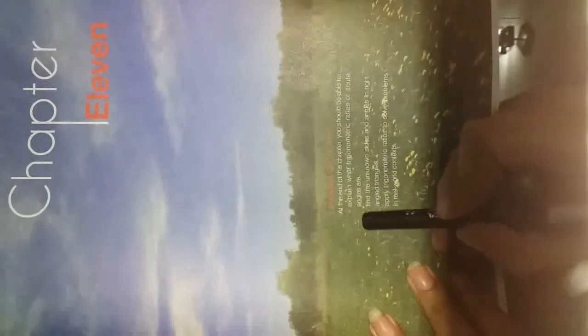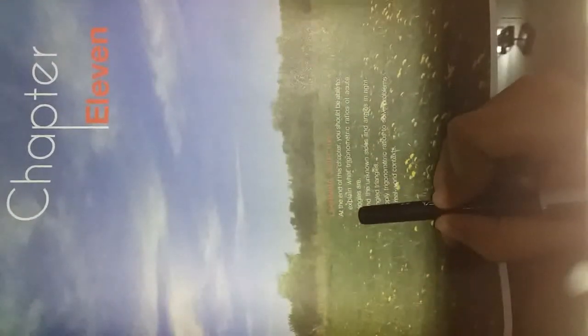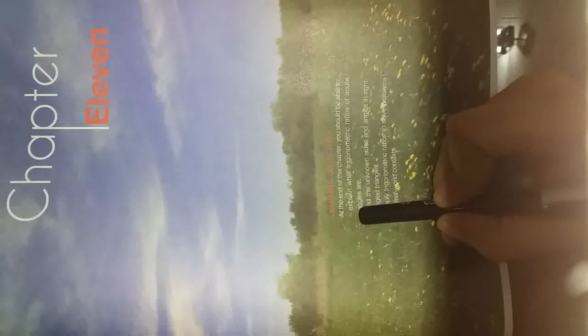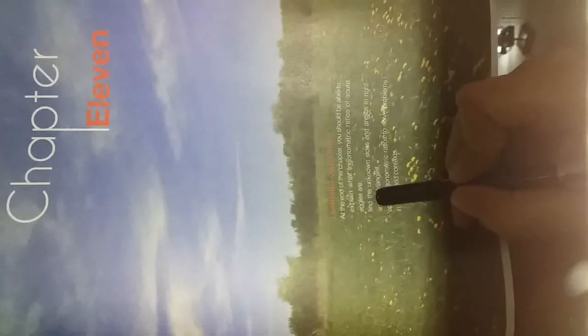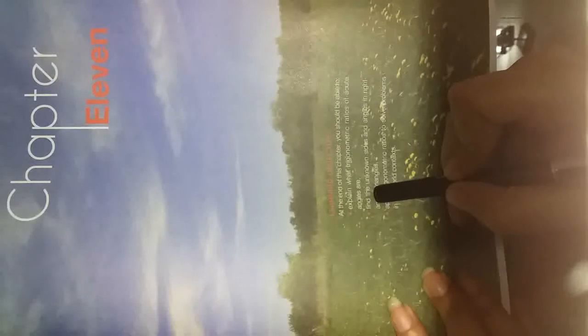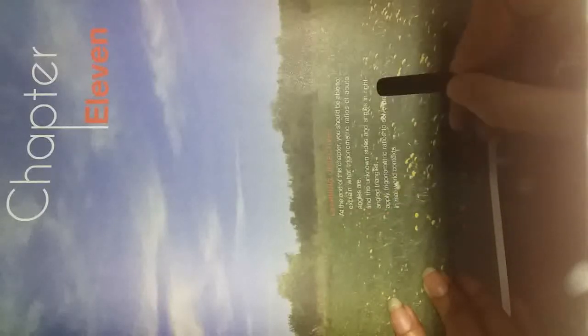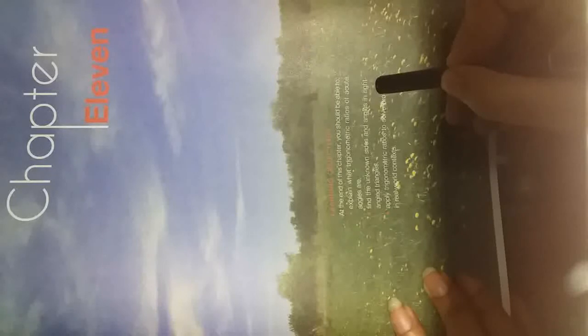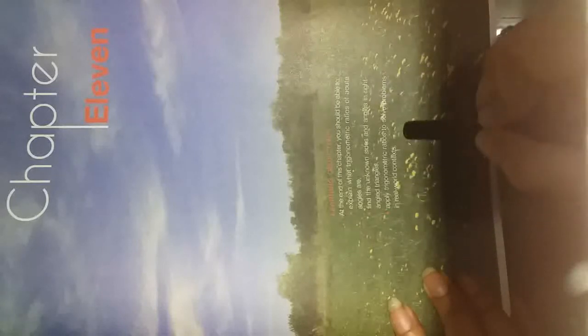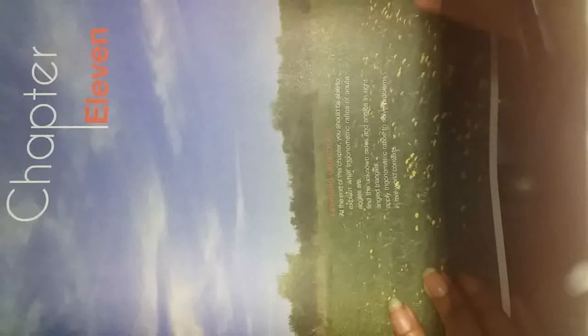Now first come to the learning objectives. At the end of this chapter you should be able to explain what trigonometric ratios of acute angles are. Acute angles mean the angles which are less than 90. Find the unknown side of the angles in right angle triangles. Right angle means the angle is equal to 90 degrees. Apply trigonometric ratios to solve problems in real world context. Now come to the next page.